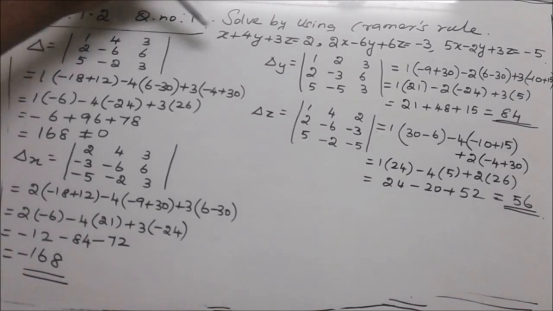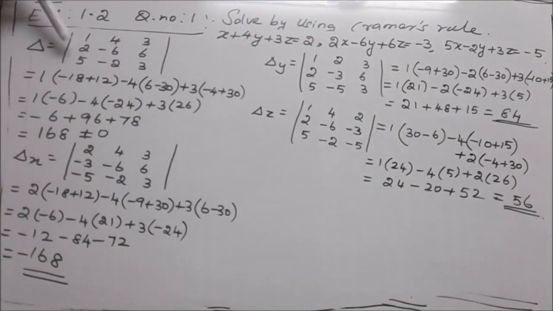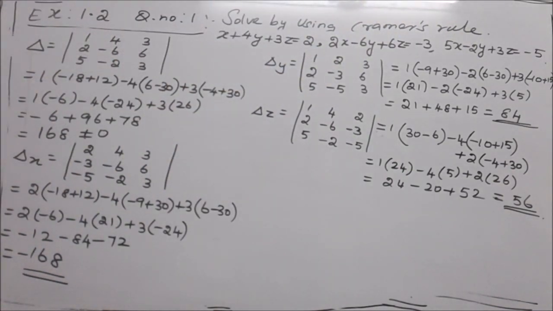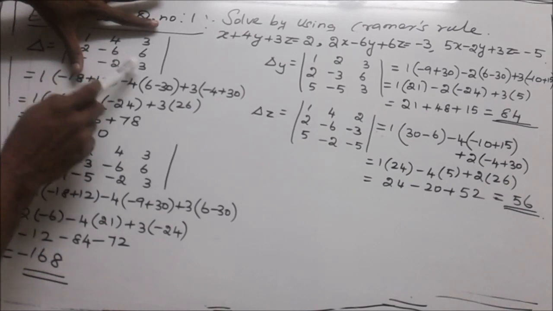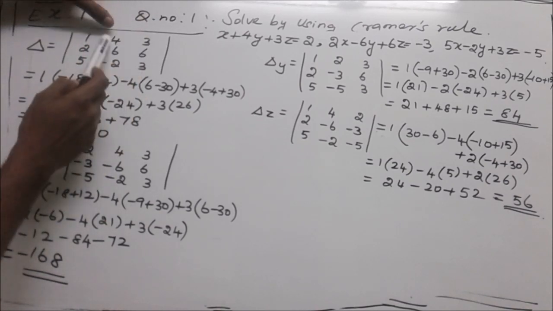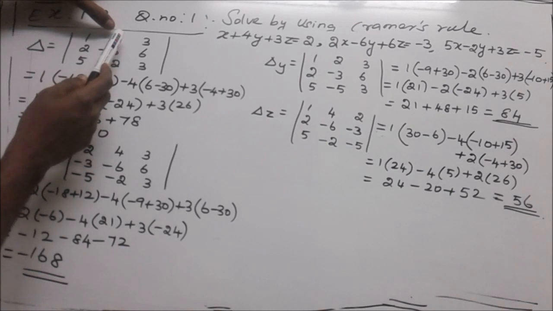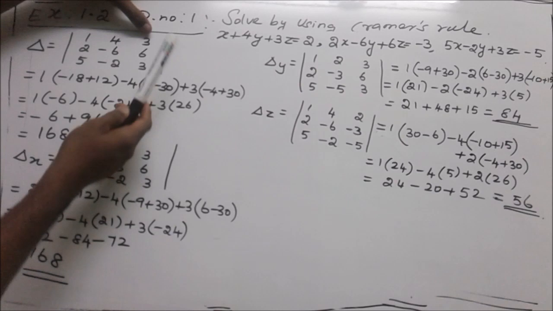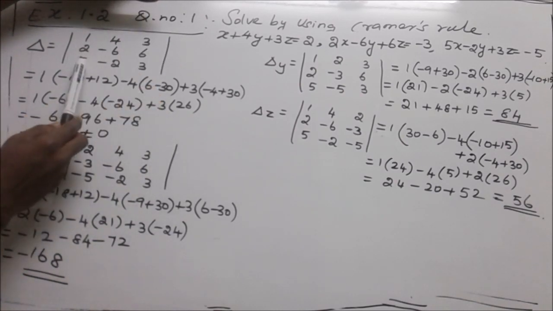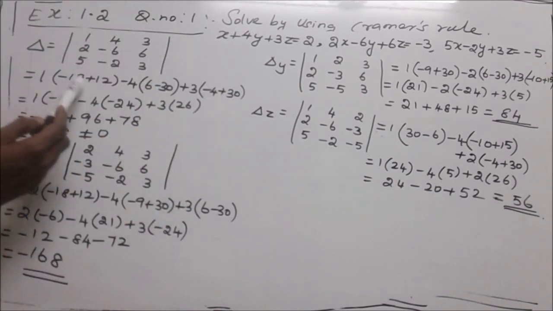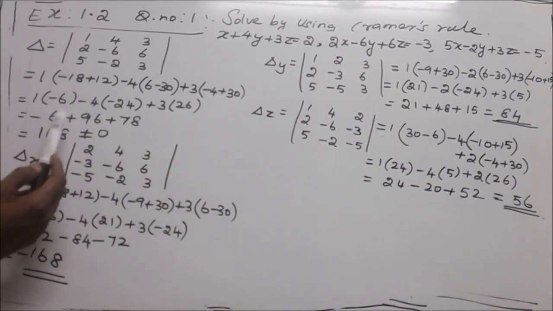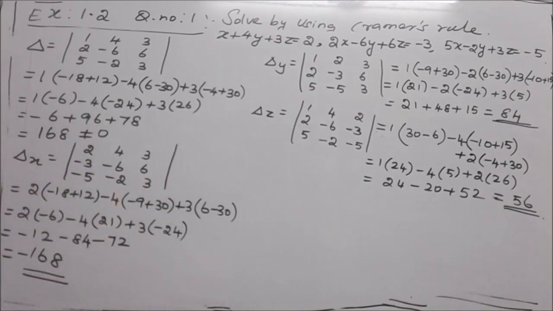In the first row we have 1, 4, 3. In the second row we have 2, minus 6, 6. In the third row we have 5, minus 2, 3. Now expanding this, 1 into minus 18 plus 12. Then the sign changes, minus 4 into 6 minus 30. Then 3 into minus 4 plus 30. Simplify, we have minus 6 minus 24 plus 26. Multiplying this, we have minus 6 plus 96 plus 78, which will be equal to